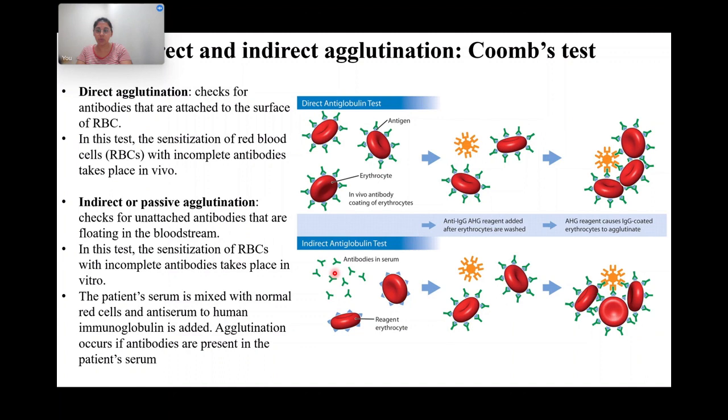The other kind is complement fixation. If there is an antigen-antibody complex, it can also bind to complement. So you can detect if there is an antigen-antibody complex by the addition of complement proteins. Complements are additional proteins which help in the immune system. To check if antigen-antibody is present by this method, you have the antigen, you put it in a solution which contains the antibody, and you allow the complex to form. This is a sample that we are trying to test to see if it has antibody or not. So you add your